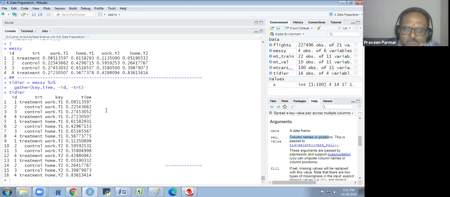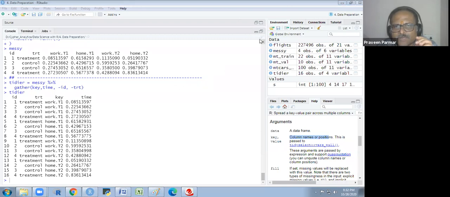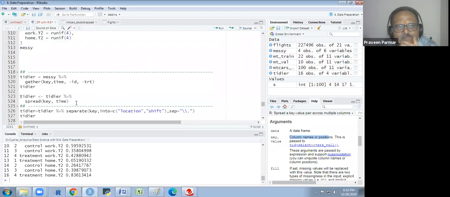Any doubt? More practice is required for this. Okay. Now what I am doing, I am spreading it again. I am spreading the key, and the value is the time.